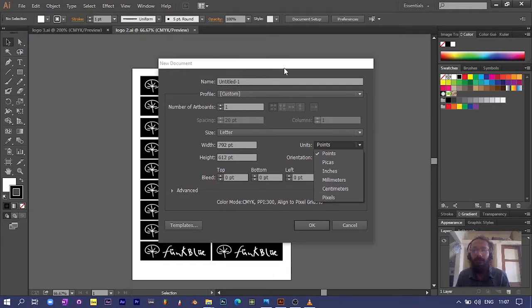So vectors are very different from pixels. It's usually used for web designs and areas such as that, and even for printing we usually prefer Adobe Illustrator because then you can enlarge or play with the size. So let's get into how we can use